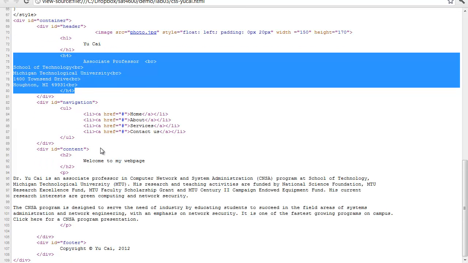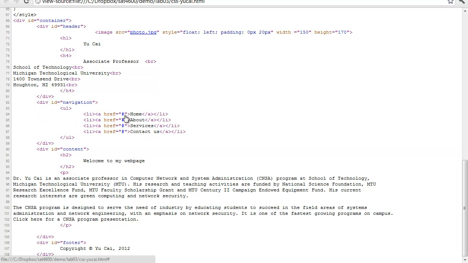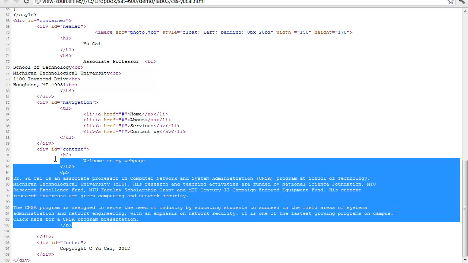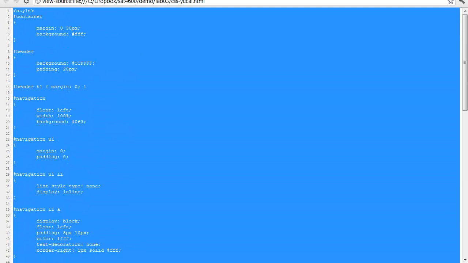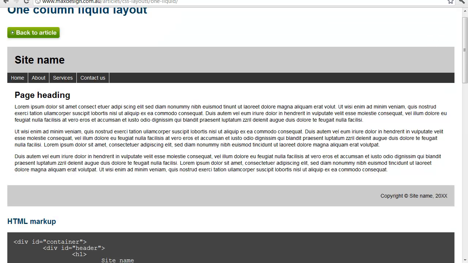Then this is the navigation bar. Still keep the same, and you need to change the hyperreference to the correct one. And then this is the content. I just keep using the same content. Then this is the footer. The things above this are the CSS files. Pretty much keep the same. I didn't make any change. And now you can see you get some real nice looking